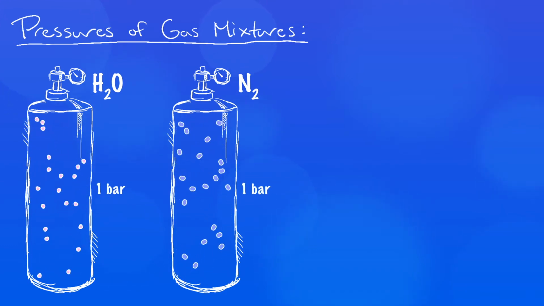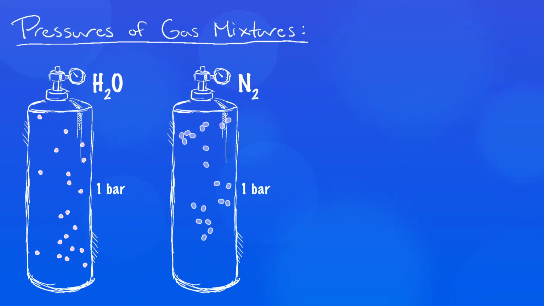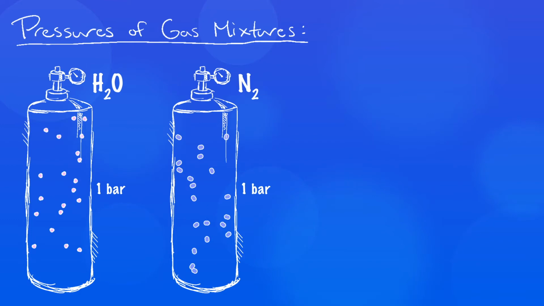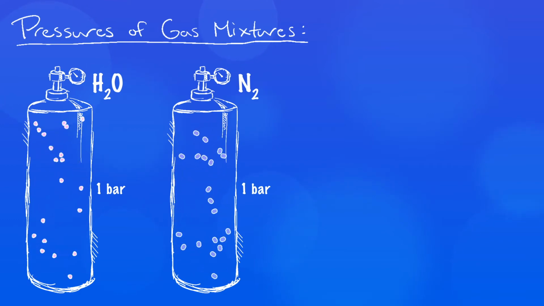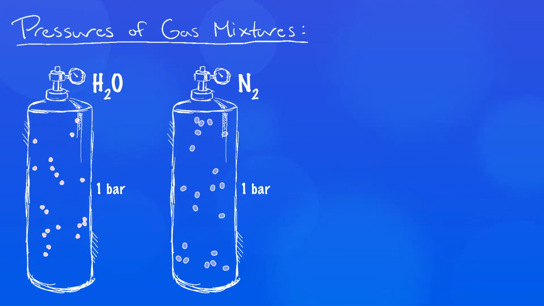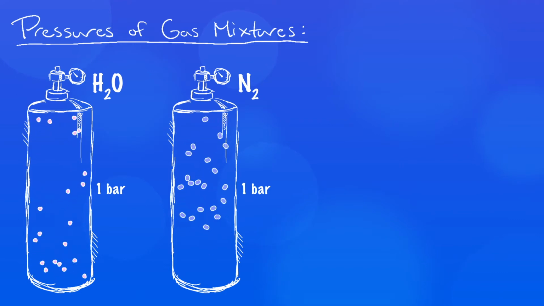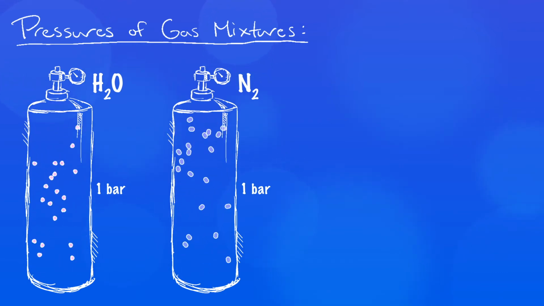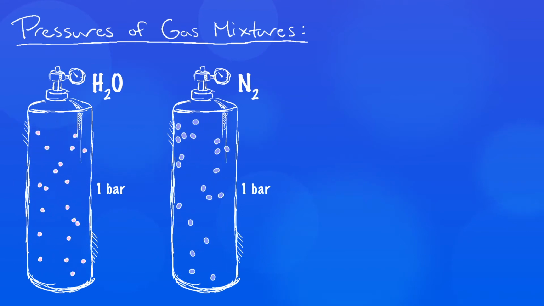Remember that this is because kinetic molecular theory assumes that the shapes, sizes, and intermolecular forces of gas molecules are negligible when it comes to modeling their behavior. The only difference left is that the nitrogen molecules are heavier, but they're also moving more slowly, so they'll be expected to exert the same amount of total force on the walls of their container as the lighter water molecules